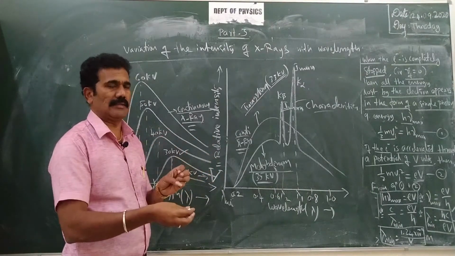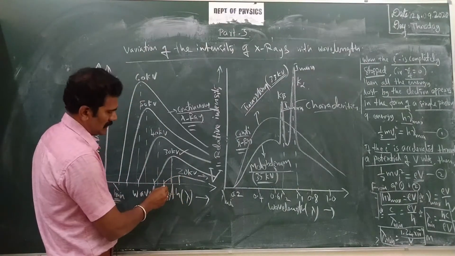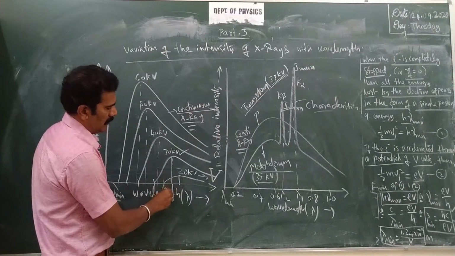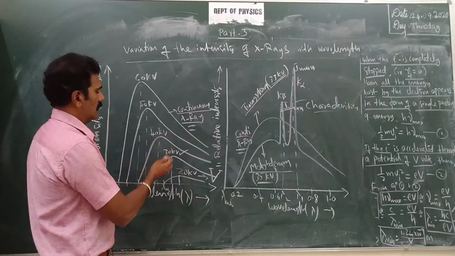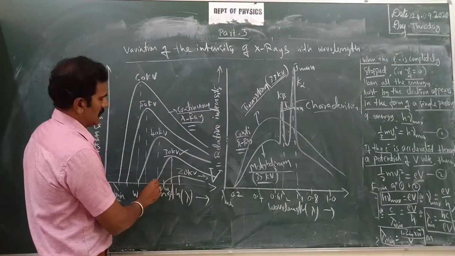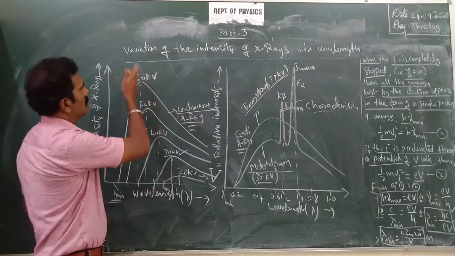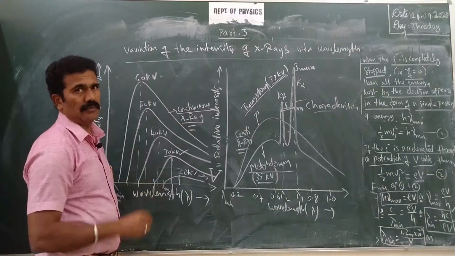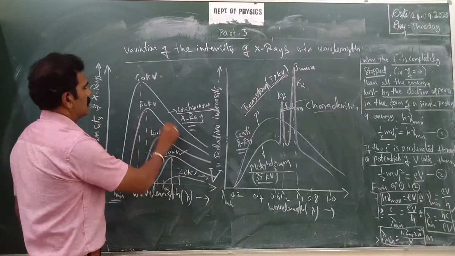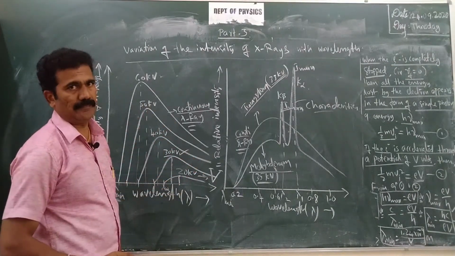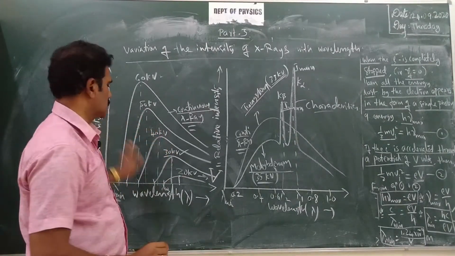And the speed is also very low, so the corresponding intensity is very low. But still we can observe that the intensity gradually increases from a certain minimum wavelength, lambda minimum, then decreases. As you increase the applied potential between the anode and cathode to 30 kilovolts, the same trend, increasing and decreasing starting from lambda minimum, continues up to 60 kilovolts and even beyond. So the trend of intensity increasing and then decreasing is maintained for all anode potentials. That is why it is called a standard characteristic for the variation of intensity versus wavelength.